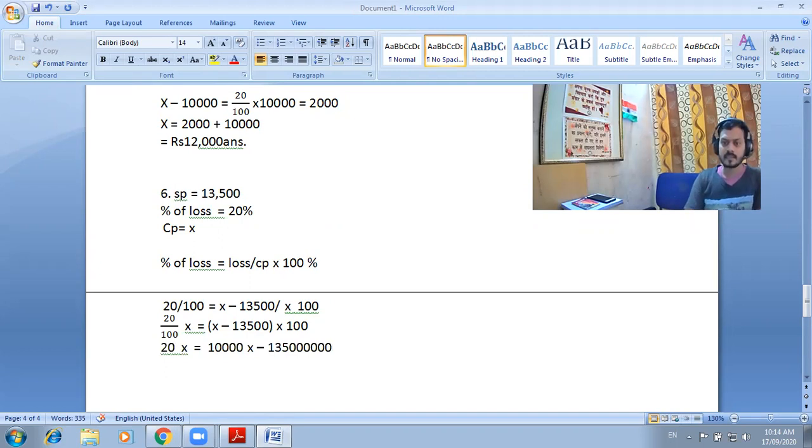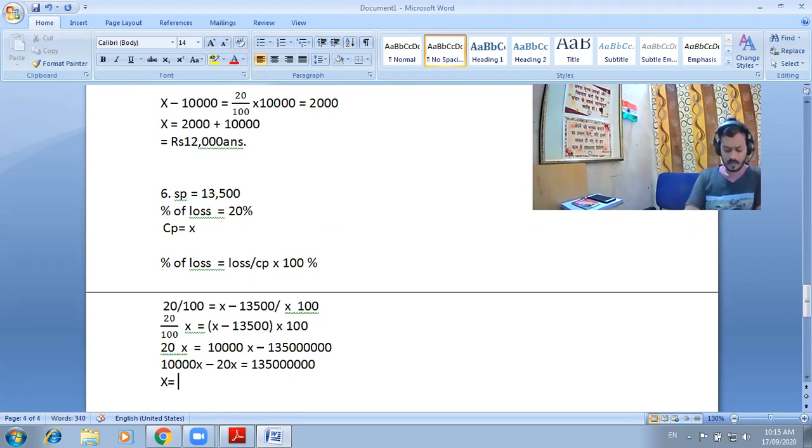So we can arrange all the numerical values: 10,000 X minus 20 X equals 13,500 times 10,000. So finally our answer becomes,